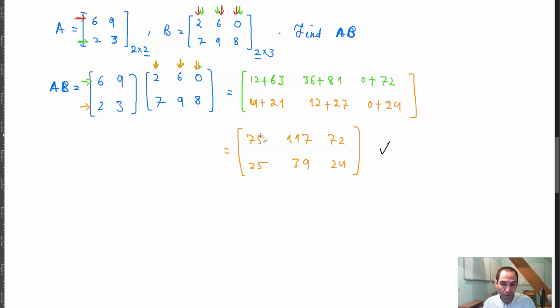BA might be defined, might not be defined, depends on the case. But I suppose if both A and B are square matrices, then if AB is defined, then BA is going to be defined as well, because